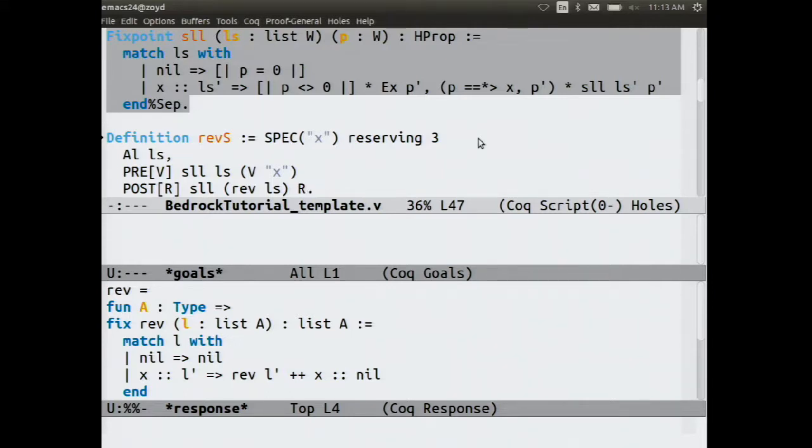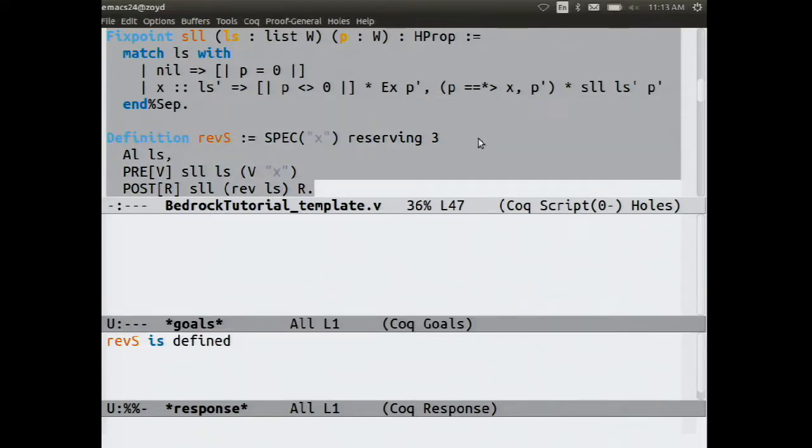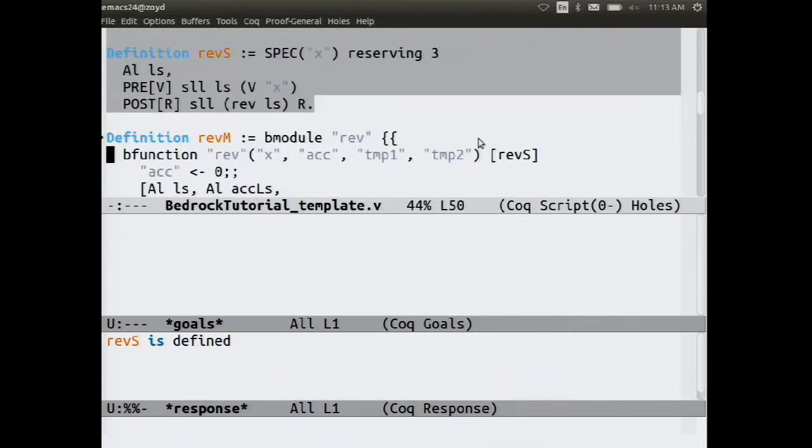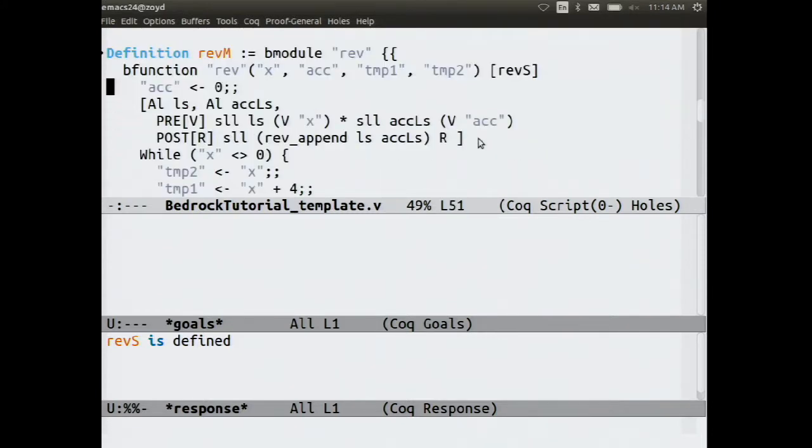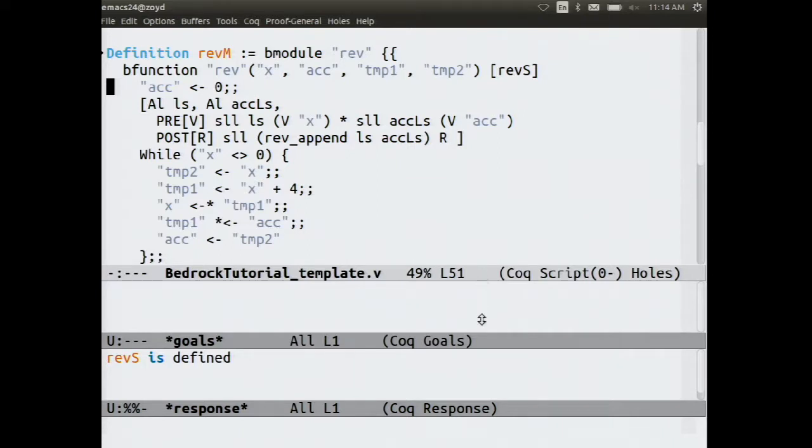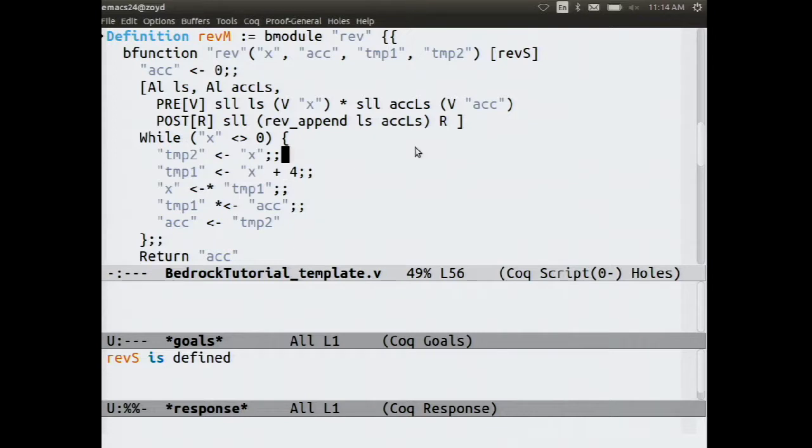Okay. So here's a function for that. I'll give it more space and explain it incrementally. So a function is called rev. It has 3 local variables that aren't in the spec, an accumulator and 2 temporaries. We start out setting the accumulator to 0, and then I'm going to loop as long as the list x is not 0, and then a bunch of lines happen to deal with the fact that we don't have memory-to-memory transfers in this language. We break things down into more primitive steps, but basically, what do?